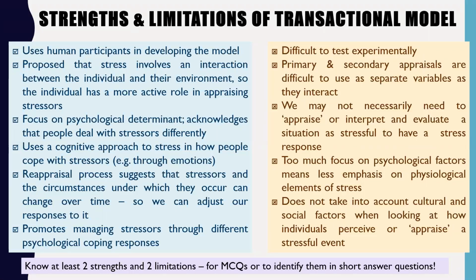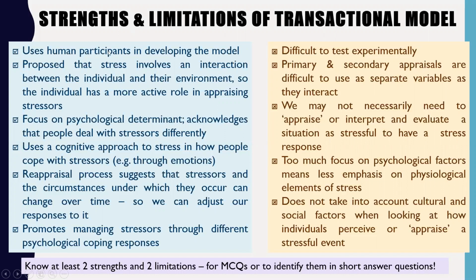So I'm not going to go through them in depth, but just learn the 2 strengths and 2 limitations, and understand why that is a strength and why that is a limitation. So obviously, just to give you an example, using human participants in developing the model is obviously a strength, because